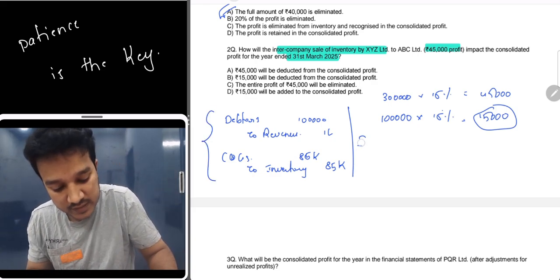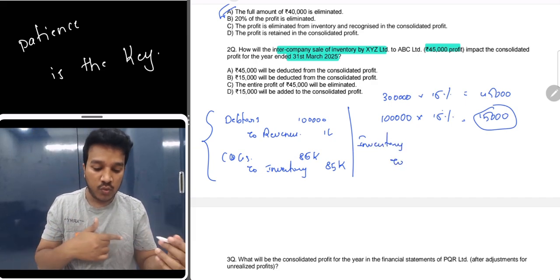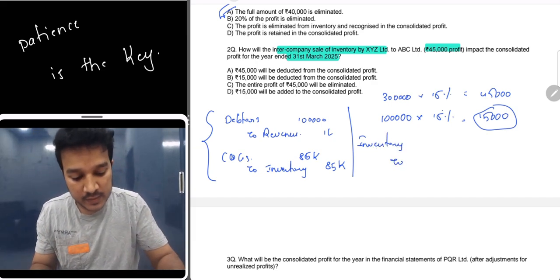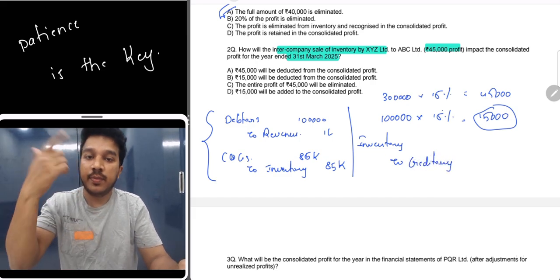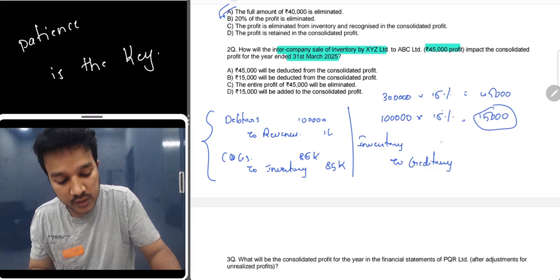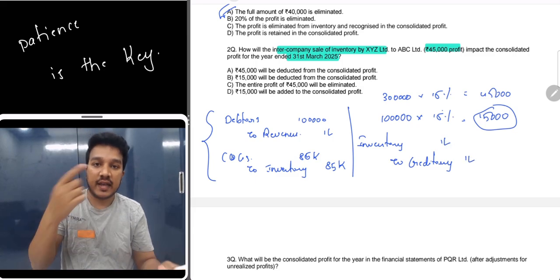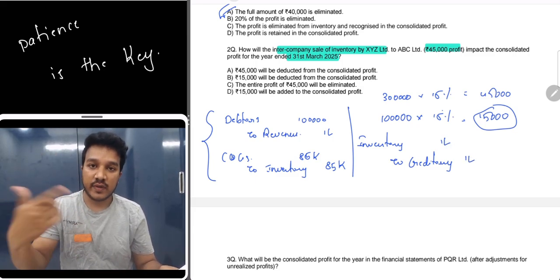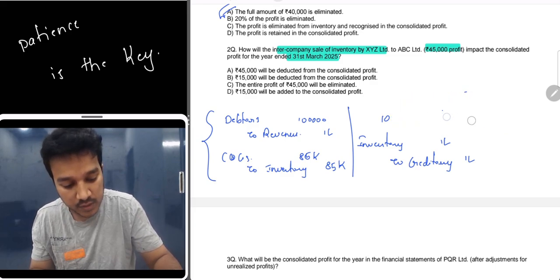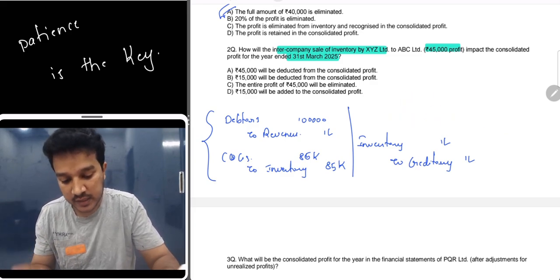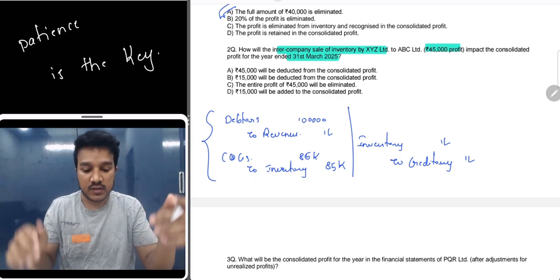Now the subsidiary will recognize inventory account debit because inventory is coming in. Inventory account debit to what? To creditors. It has to pay back the amount to its parent. This will be recognized in its books as 1 lakh because it is paying 1 lakh, so its cost is 1 lakh. Okay, we will clean this up. So this is what is recognized in each separate financial statement.